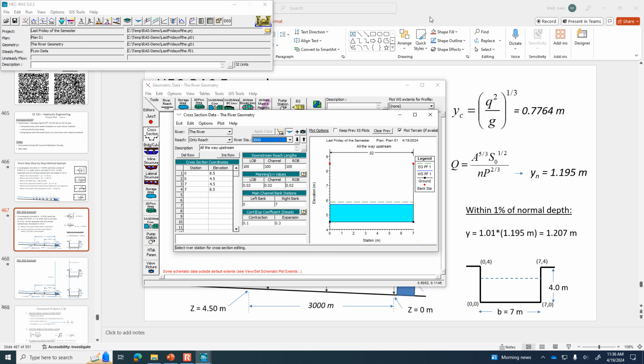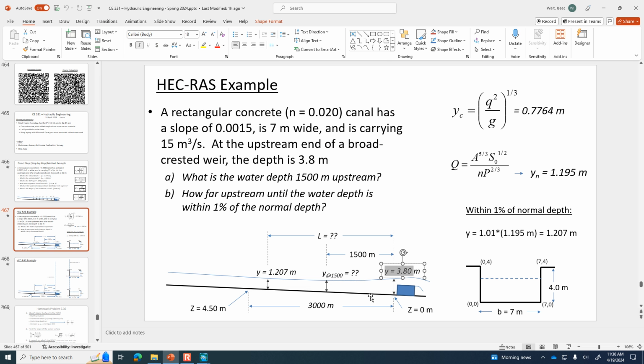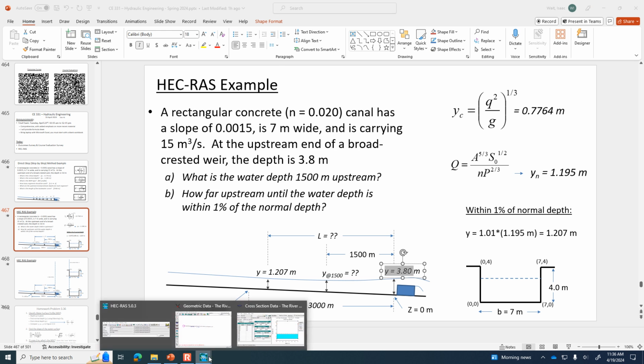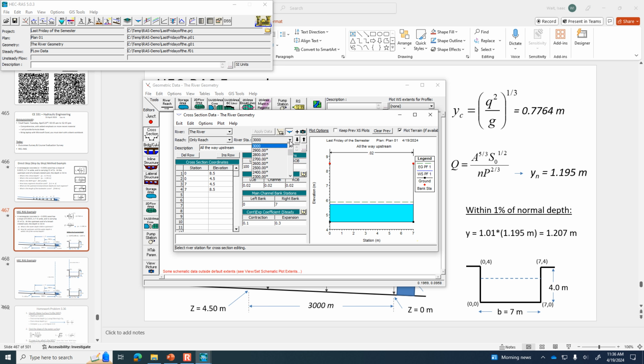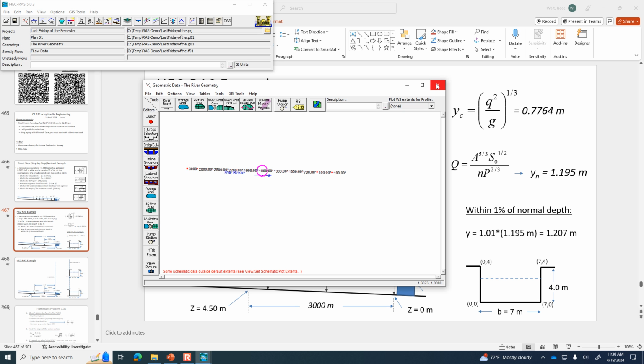But it was asking, what is the depth 1,500 meters upstream? So we could go there and look at the channel, just for the gee whiz view of it. Like here's at station 1,500. So here's the water depth, but we want to know precisely, not just get out a ruler and measure off of the screen like that. There are reports that we can get that will tell us the depth and velocity and other flow conditions at each of these